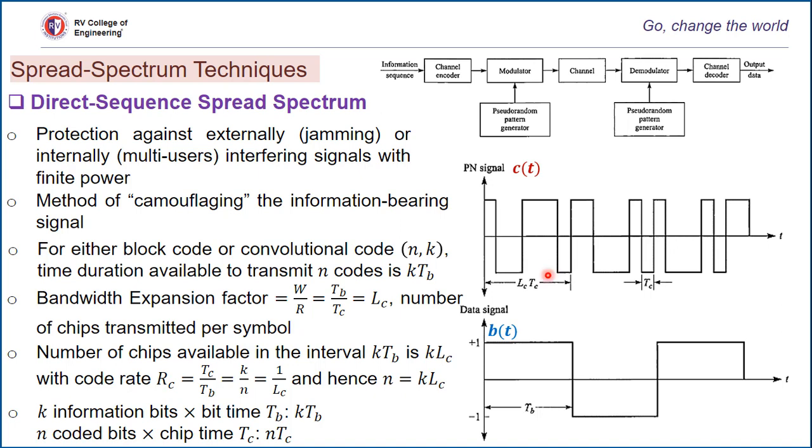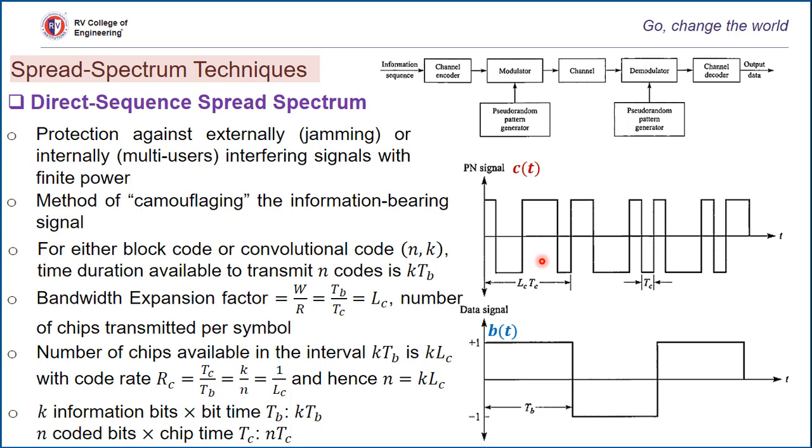In many PN spread spectrum systems, the same binary information sequence is added to the two PN sequences to form the two quadrature components, and hence a QPSK signal is generated with binary information. So in case of direct sequence spread spectrum, we are going to directly add the data signal with the PN signal. The addition is modulo addition.